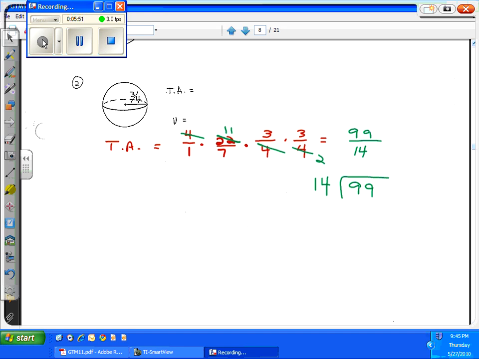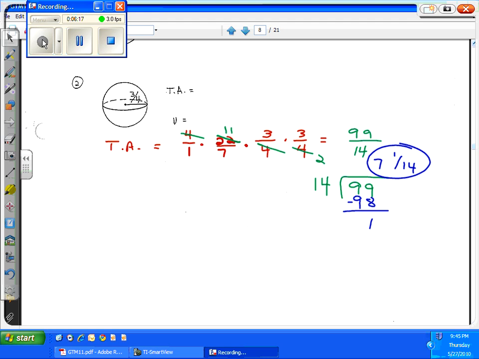I did 7 times 4 times 4, and I actually added the 4s instead of multiplied them, so we'll get that corrected there. So we're doing this correctly. This will go 7 times. 7 times 14 is 98. With 1 left over, you would put your remainder 1 over your divisor 14, and we get 7 and 1/14